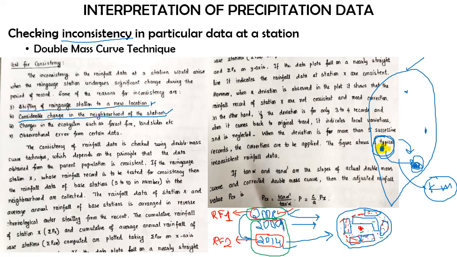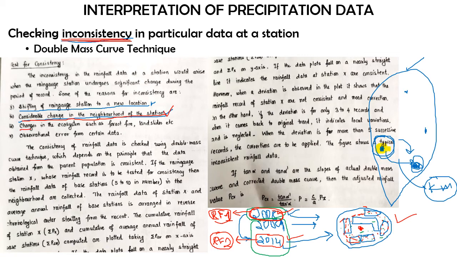So what kind of rainfall characteristic we might have had in our college premises in 2008 had changed drastically by 2014. The reason being what? We had some construction activity taking place in that area. So this is how the second point can be defended. If a considerable change occurs in the neighborhood of the station, the rainfall characteristics will change, and because of that there will be some inconsistency in the data that the station has been recording or providing to you. So that is the second point.